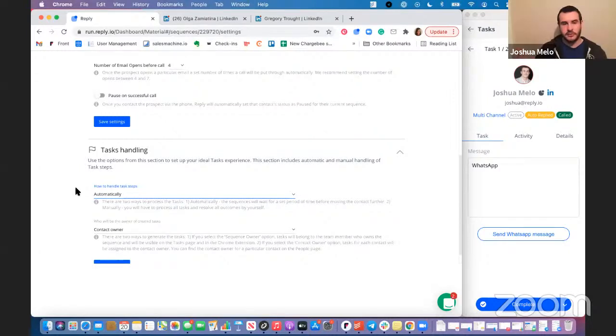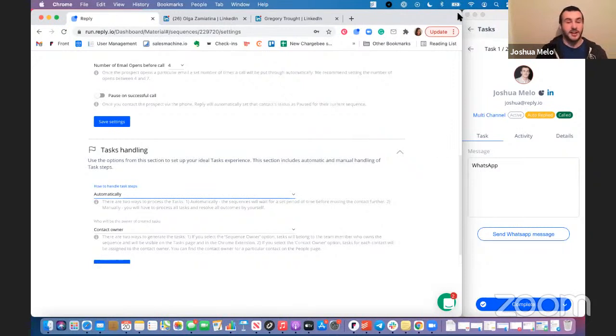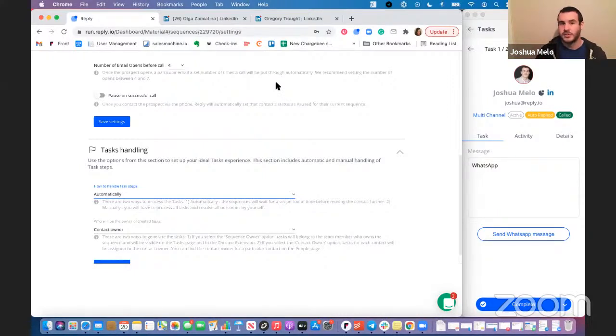Yeah, again, think of Reply as a hammer. It can just nail down as many emails as you want if you want to use it that way. And it can definitely be effective. We've seen many a client run campaigns with just a long list of email steps with a massive amount of prospect emails, and they've gotten the conversions. It's all about planning ahead, thinking about what you actually want out of the sequence.